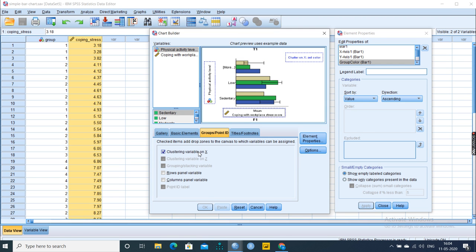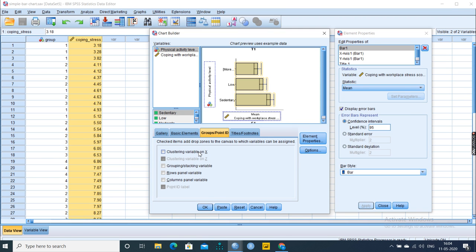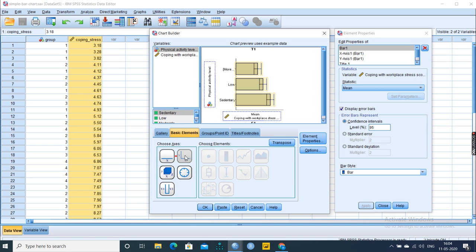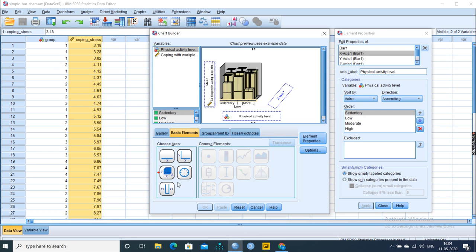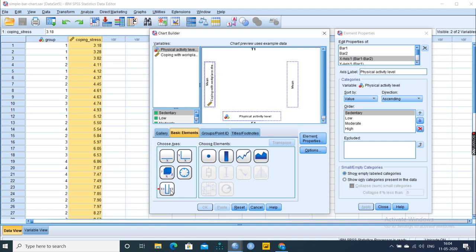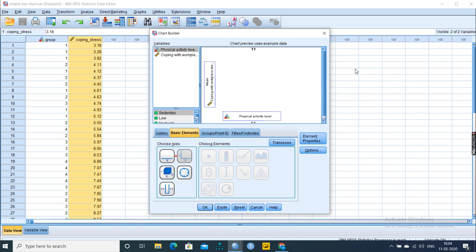If you want it to be clustered, you can change that to clustered. If you want it to be same, you can maintain that as same. All these things you have to change here. Basic elements, I want to change XY here, I have to change the direction, you can change the direction. So everything you can make change as per the indication. Okay, so that's all about the simple graph.